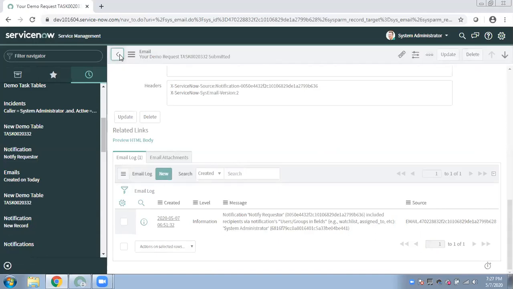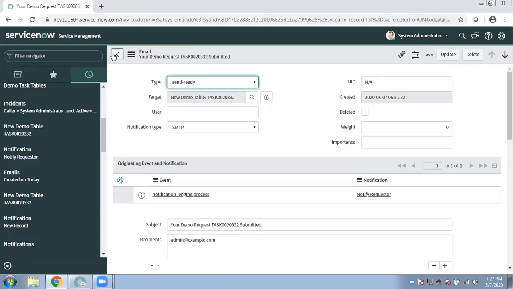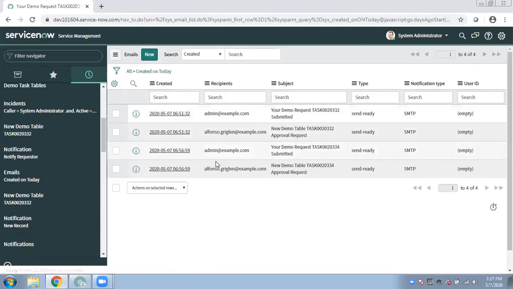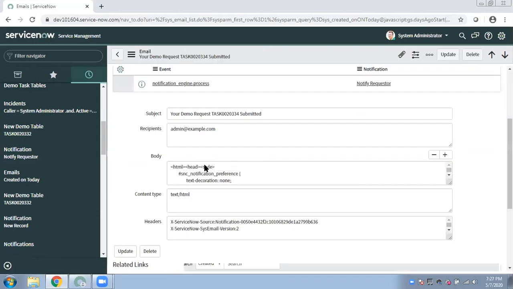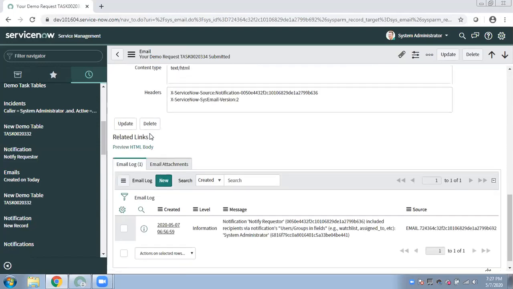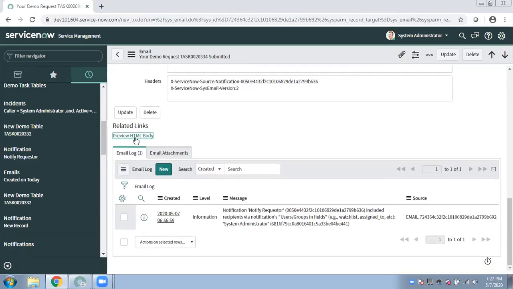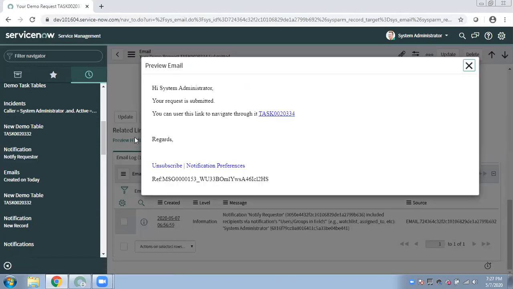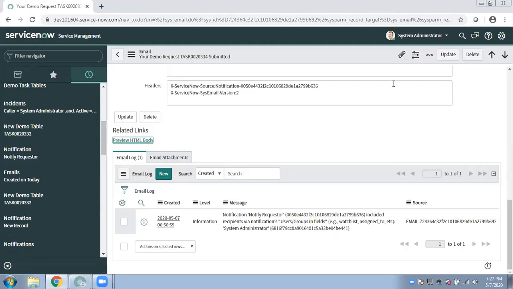Which one have I opened? The old one. Yeah, so this is the latest one. They are in descending order; if you want ascending, you have to change it. Here it's now showing the task number. Okay, so this is the one.